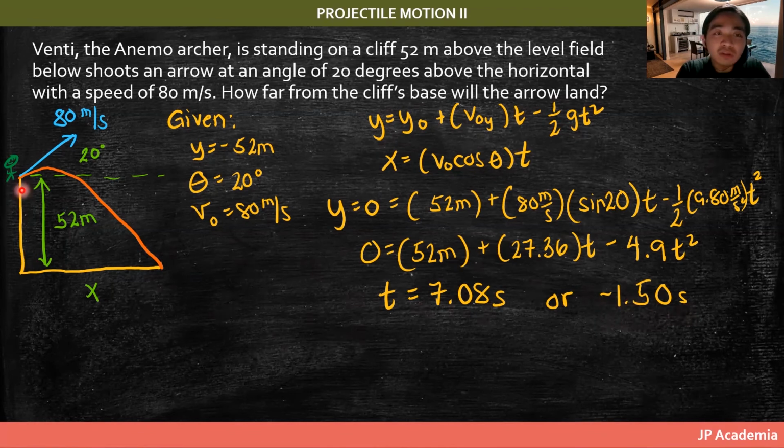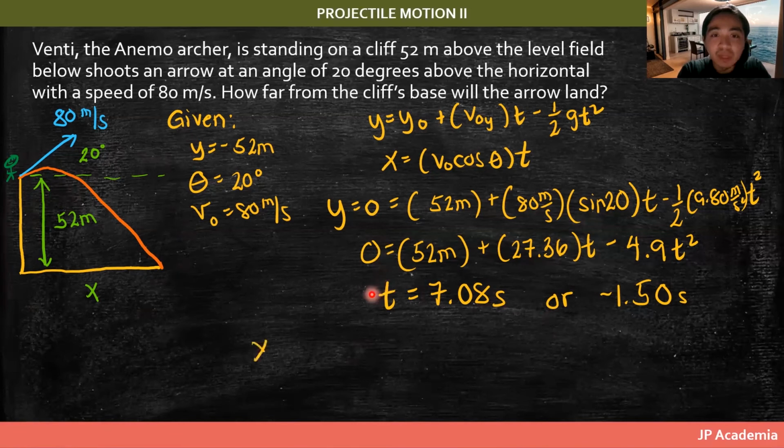So, ano dito yung tamang time? Of course, yung positive, kasi yan yung pagbalik niya doon or pagpunta niya sa point na yon na y is equal to 0. Pero may negative tayo kasi parabola to. So, yung negative na yan, kumbaga, yung way before pa, bago mag-start yung time na to kung kailan na-release niya itong arrow. Okay? But kasi parabola nga. But for this case, kukunin natin yung time na 7.08